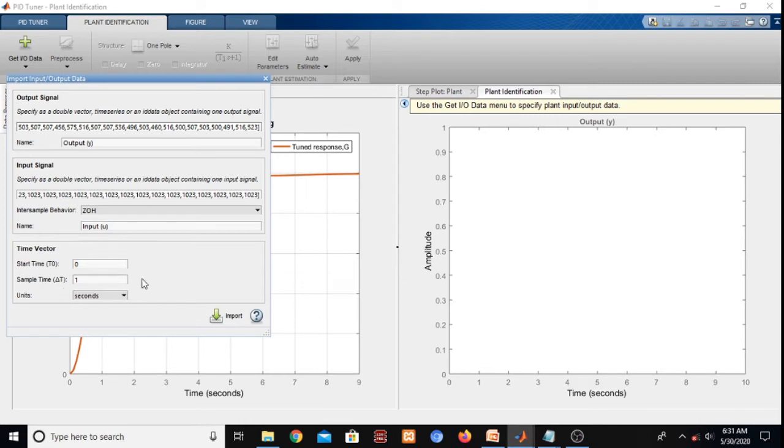Okay, now see the sampling time. This is the actual sampling time at which the data is taken. In our measurement we have taken this data with a 0.1 second sampling time.